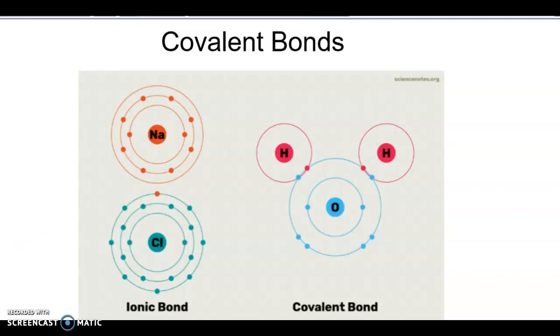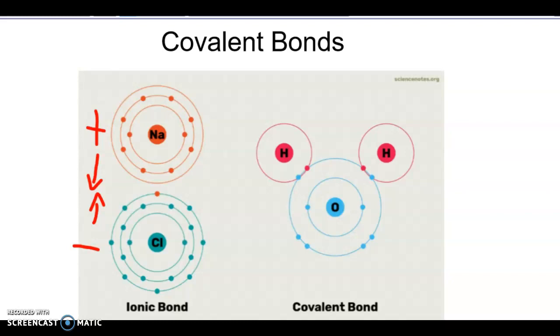So in the last video you learned about ionic bonds, where a positive ion gives away its electron, a negative ion takes it, and the attraction between the two keeps those two elements together. So table salt, NaCl, is always going to form an ionic bond, and there's another type of bond called covalent,